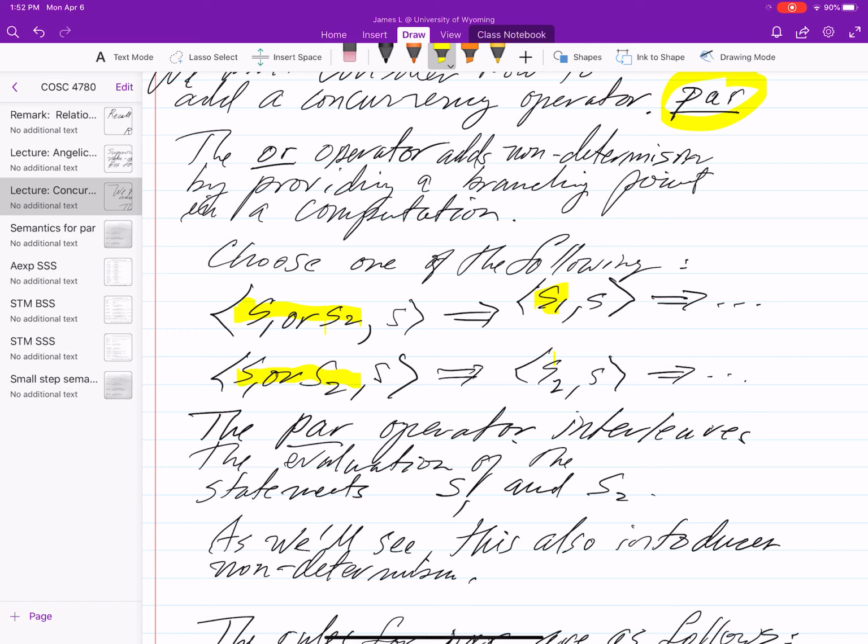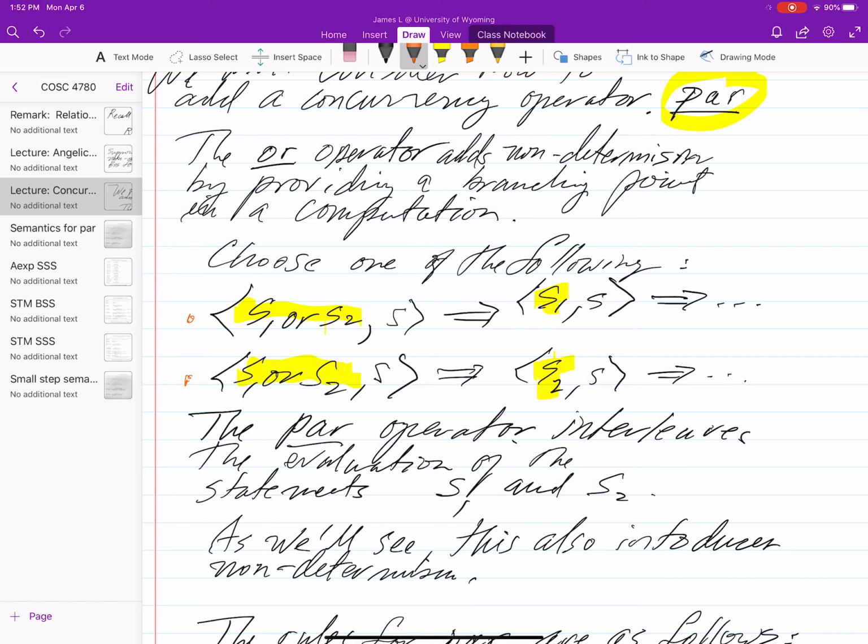In the other case, you say S1 or S2, and then you continue with S2. So when you're computing and you run into an OR construct, you either apply the first rule or the second rule, and then